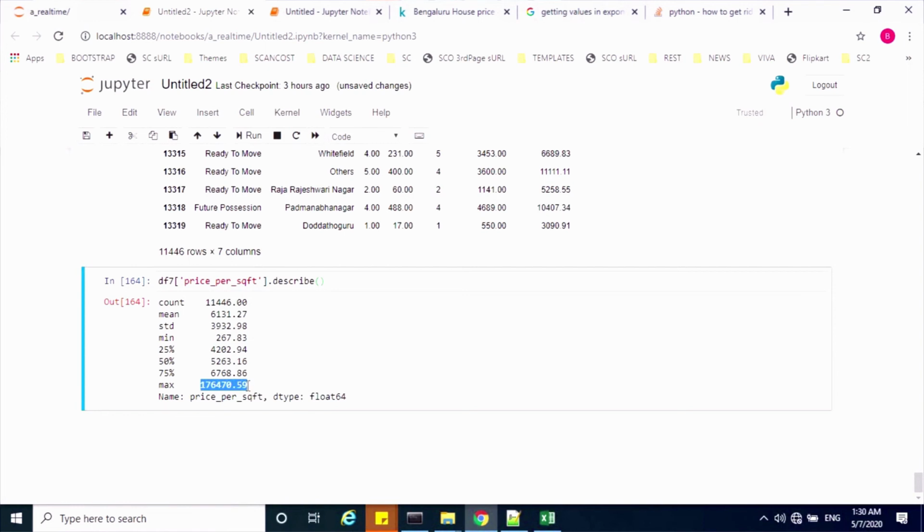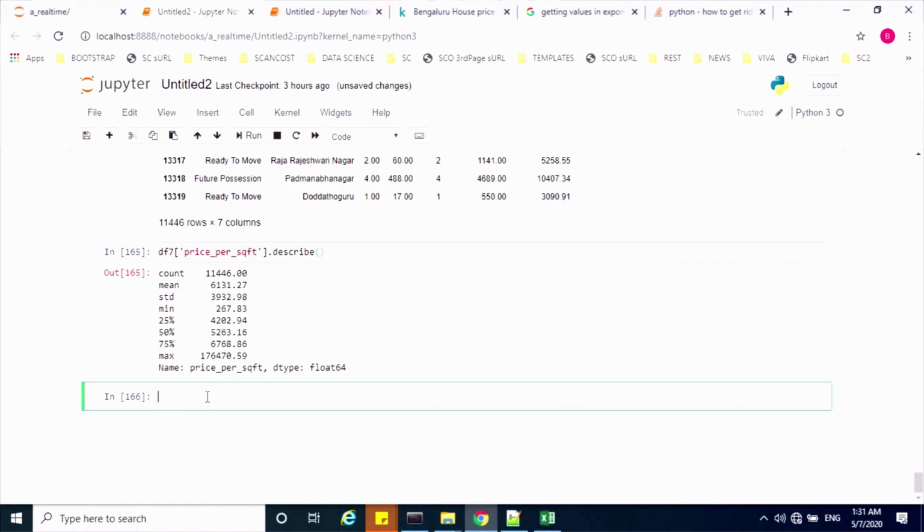But one more thing we have to consider: based on the locations, the price may vary, right? So we cannot tell just by seeing these values that this could be an outlier. We have to check based on the locations, and after that we can tell whether it is an outlier or not. Or else, what I can do is filter the rows based on the locations, and check whether the price per sqft is between the mean value plus or minus the standard deviation. If it is outside of this range, then those will be treated as outliers, and we will be removing them.